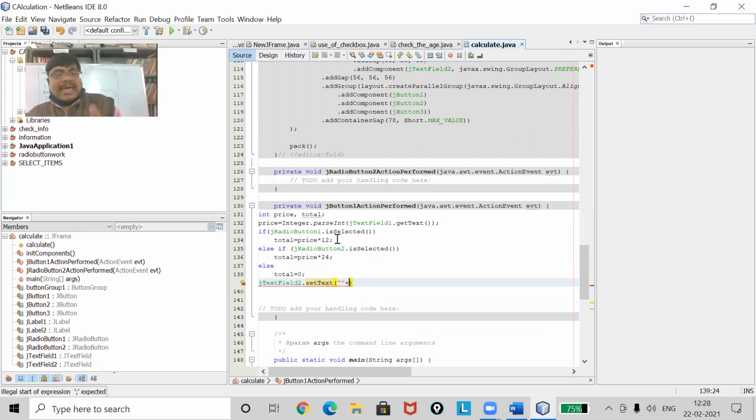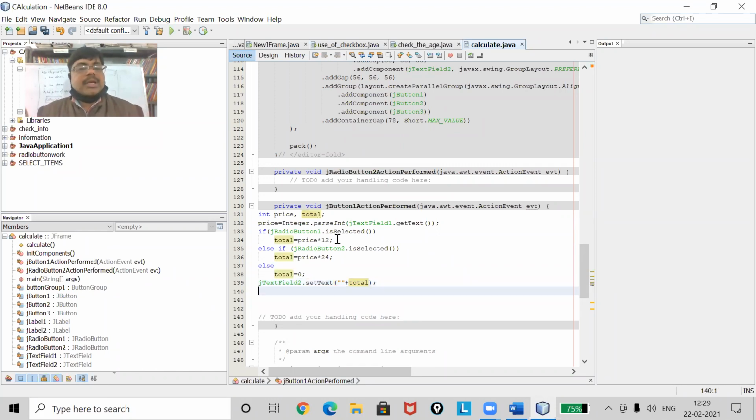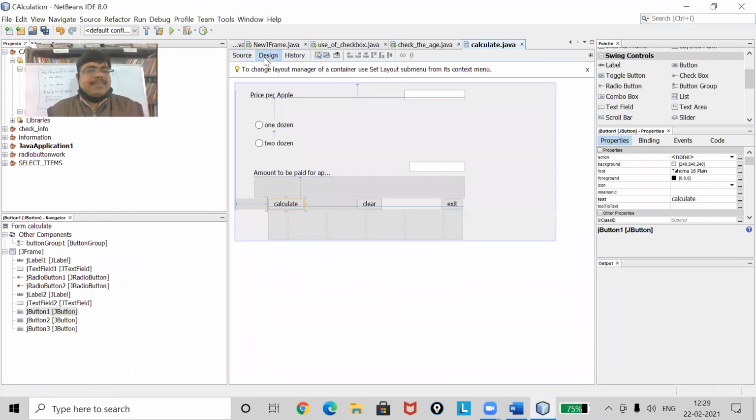Now, as my total is an integer, but the control will not take an integer value, I have to convert this to a string, so I will go for a null string, and then total. Clear? Now my first work has been done.